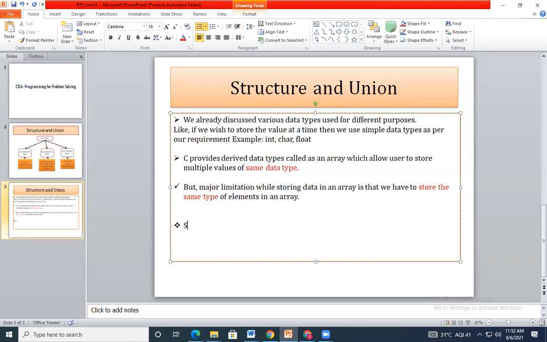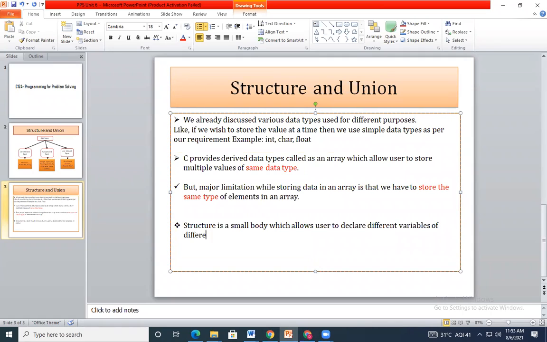The definition of structure is just which allow users to declare different variables of different data types.